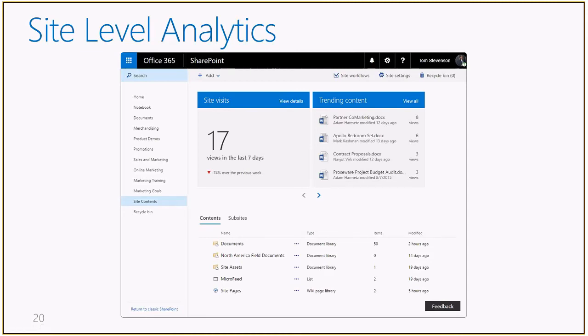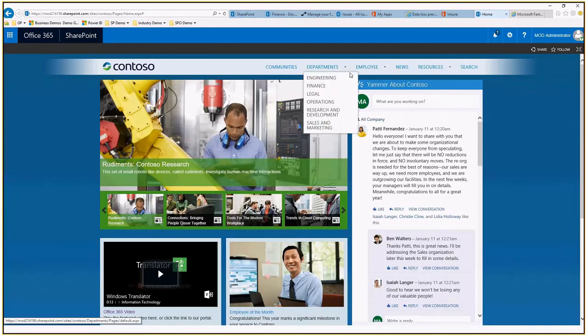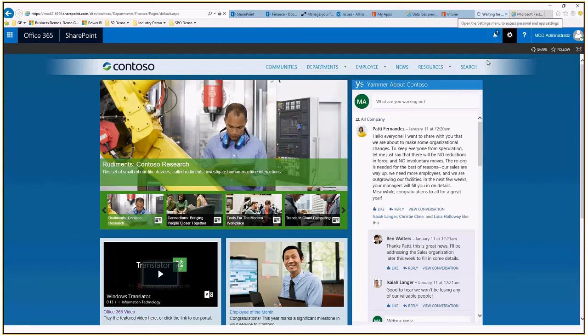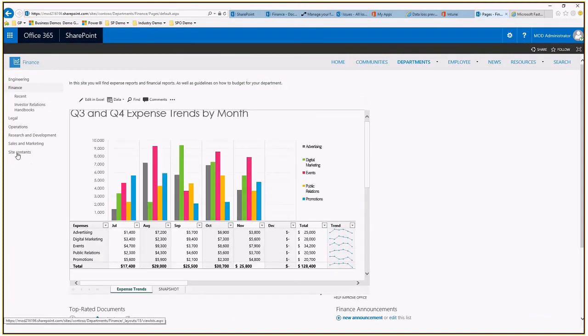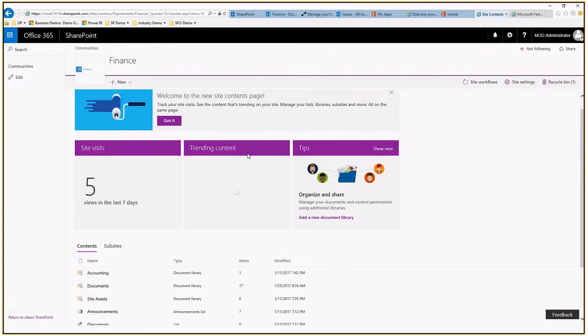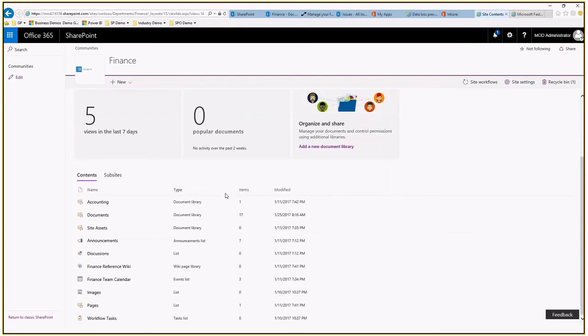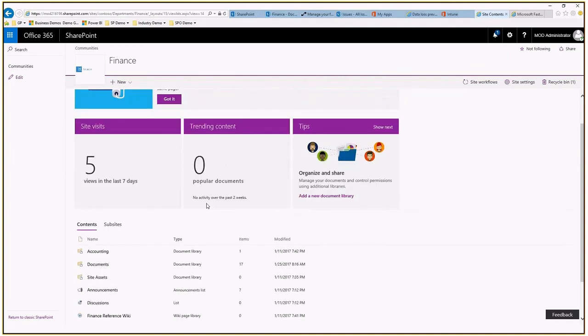I don't have an exact date yet, but for example, if I go to my portal, and let's say I'm going to pick a site like the finance site, and if I go down to the usual site contents page, you'll notice that, well, first off, the experience is different, but it's also showing me site visits and trending content. Now, unfortunately, I launched this site specifically for this webinar very recently, so you're not going to see any analytics just yet, but document level analytics and site level analytics now have a more prominent place,